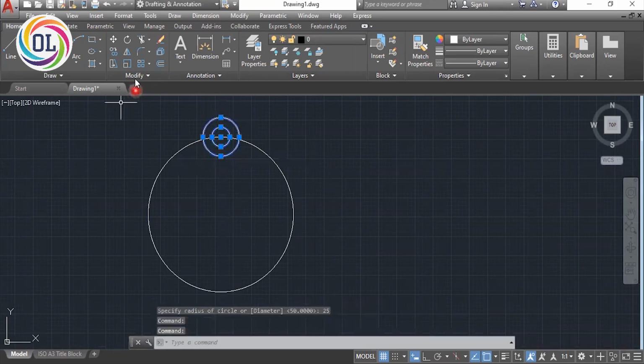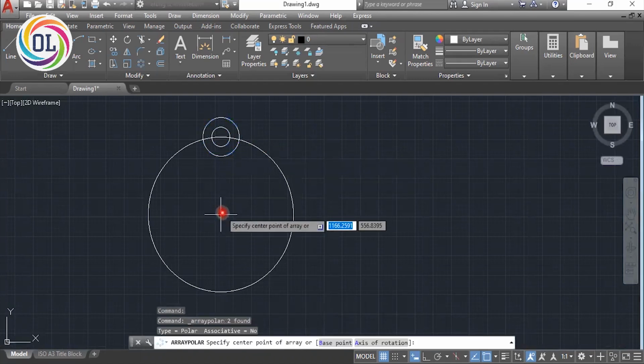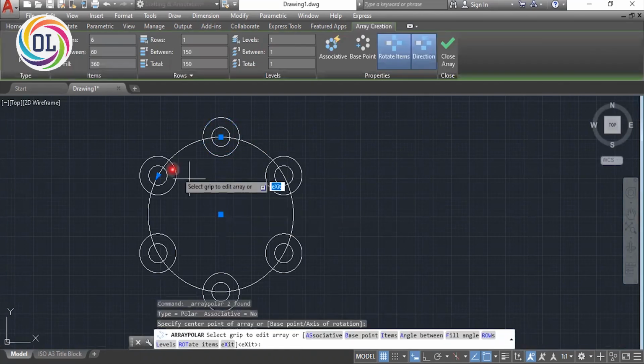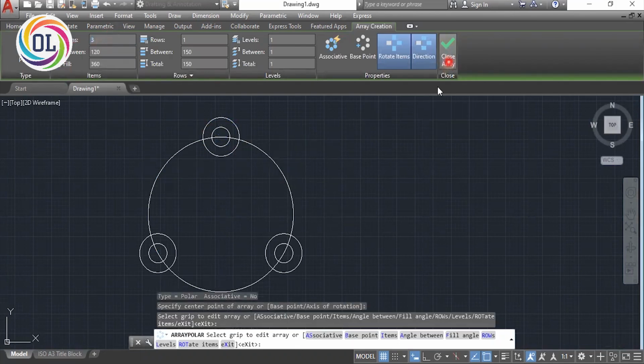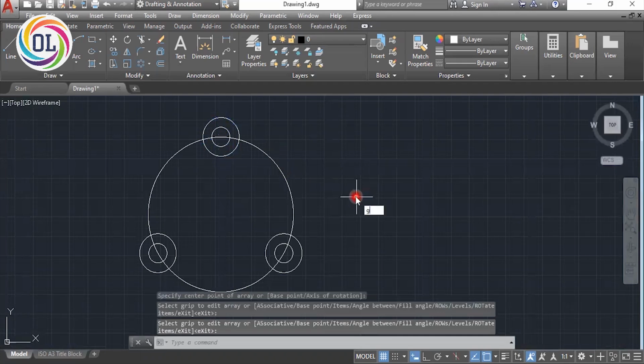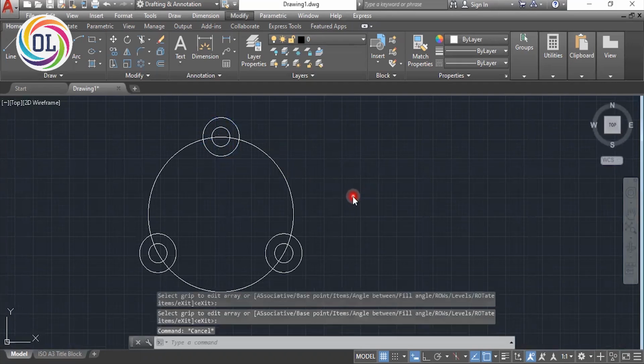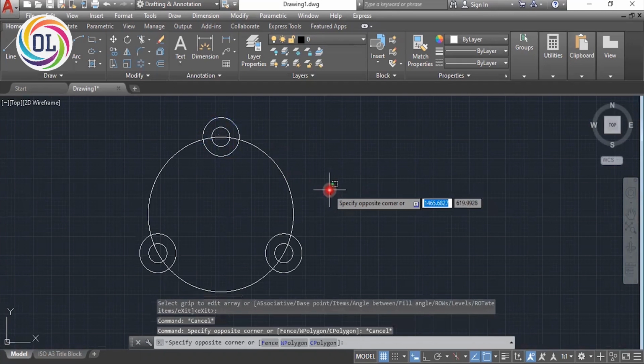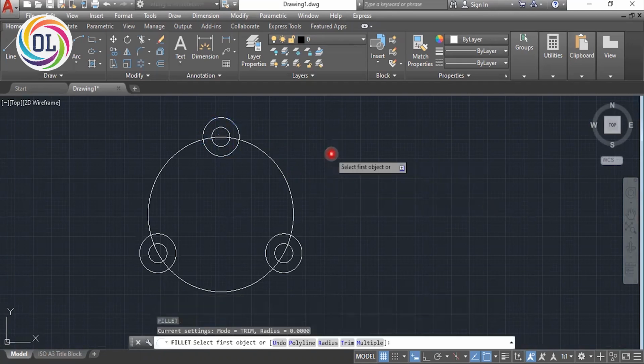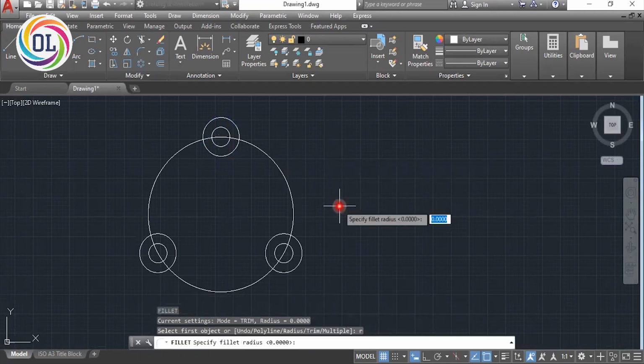For a number of copies, I use the array tool. Array is used to create a number of copies around any center point. Select the center for the arc. Radius is like 340.